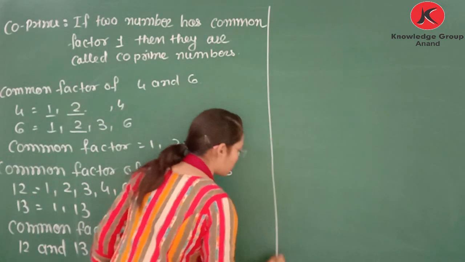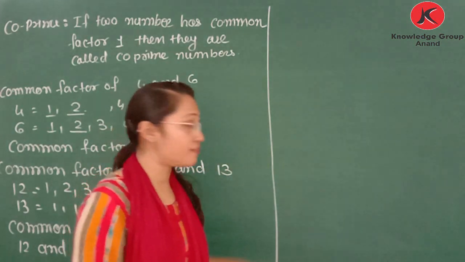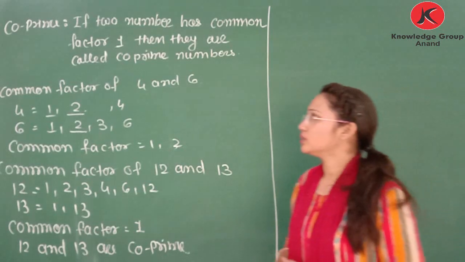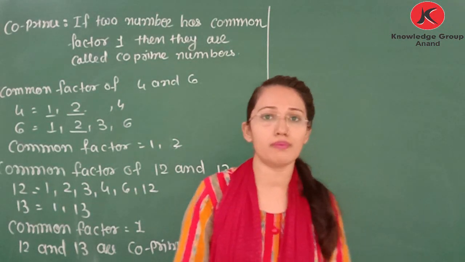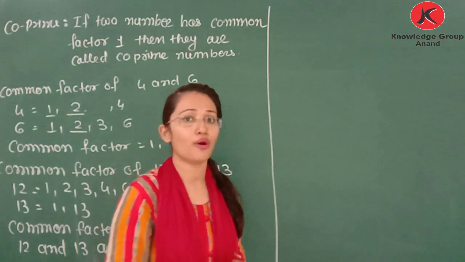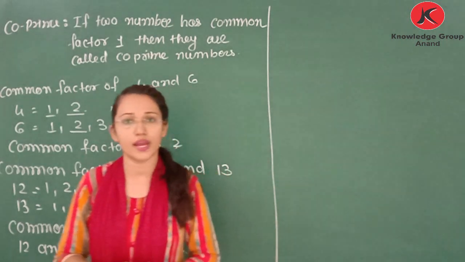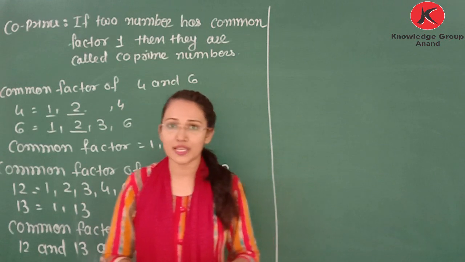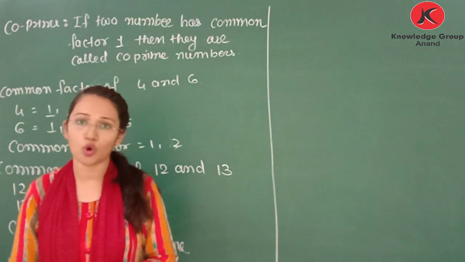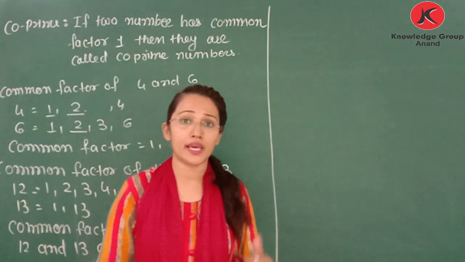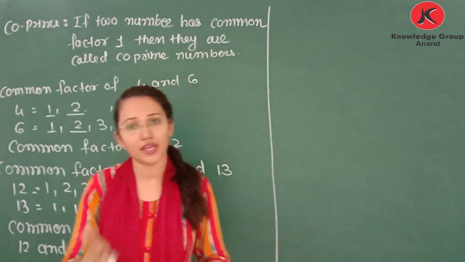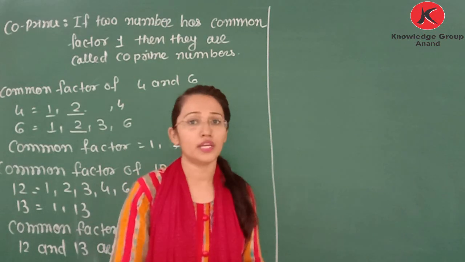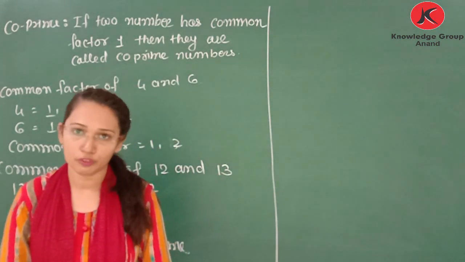After that we also learn some divisibility rules for common factors. Co-prime numbers: if a number is divisible by co-prime numbers, then it is also divisible by their product. For example, 3 and 5 are co-prime numbers. If we take 30, that is divisible by 3 and that is also divisible by 5. So 30 will also be divisible by 15.